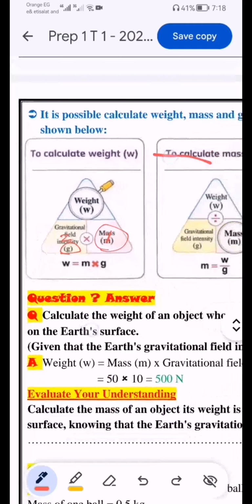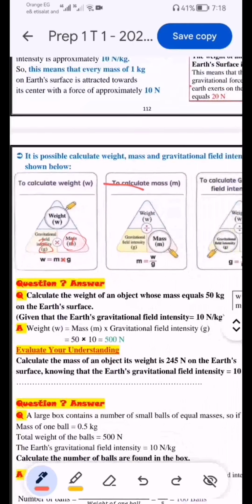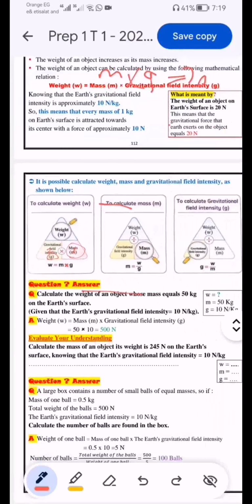so we have three triangles to calculate weight, mass, and gravitational field intensity. And the measuring unit of gravitational field intensity is Newton per kilogram. Okay, measuring unit: weight is Newton, and mass is kilogram, and gravitational field intensity is Newton per kilogram. Okay, each kilogram is affected by 10 Newton on the Earth only. Okay,